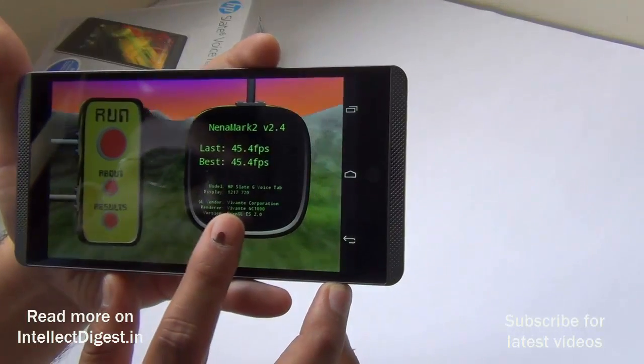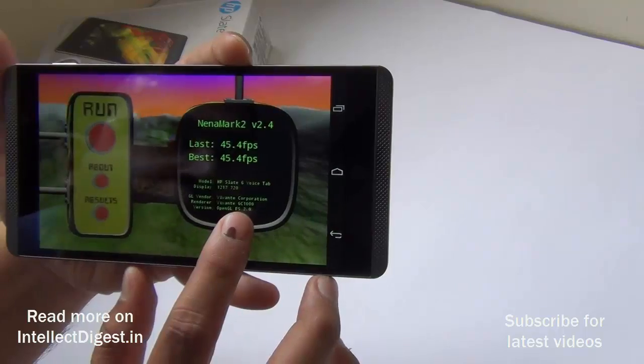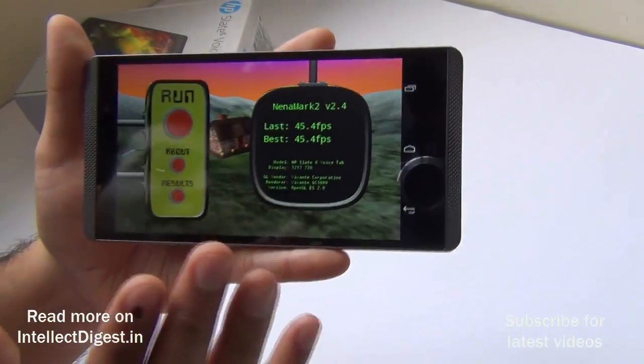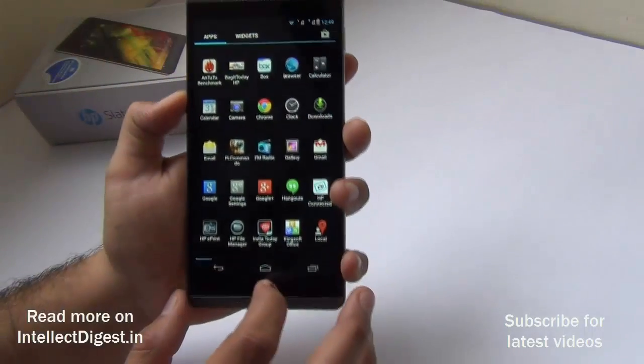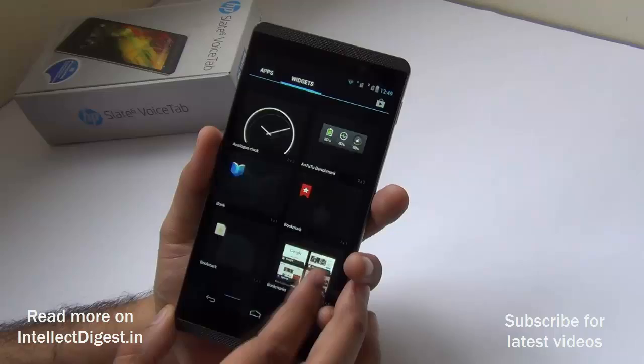It uses a GPU by Vivante Corporation. The renderer is GC1000. This is again something which is not very usual that we have seen on other devices. Mostly we see Adreno or Mali GPUs. This is something different. Talking about the specification, it is powered by a 1.2 GHz quad-core CPU by Marvell, has